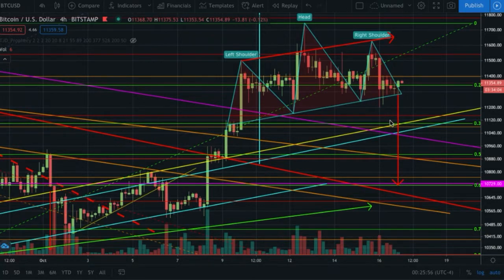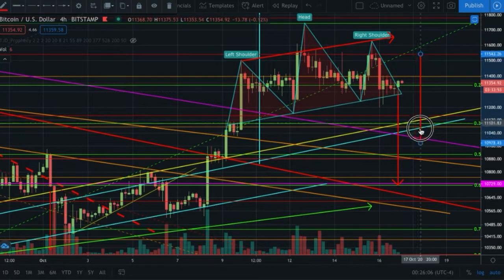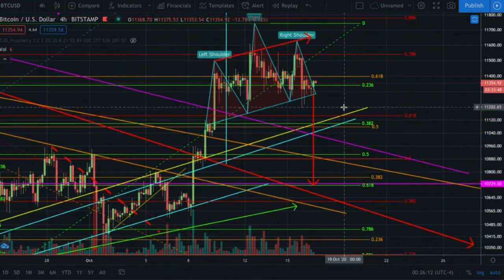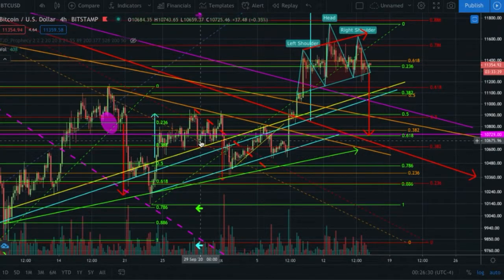Now, in the case that I am correct here, and that was our right shoulder of the pattern, we take the measured move, and the way we do that is we just take from the top of the head to the bottom of the pattern, and then we'll just move that down to the break point from the neckline, and you'll see that's already in place there. And what that would take us down to, a confirmed candle close on a 4-hour below essentially what works out to be 11,300 roughly at this point, would give us the measured move down here to the 618 in green, the 382 in orange, and also a long-term trending horizontal line at